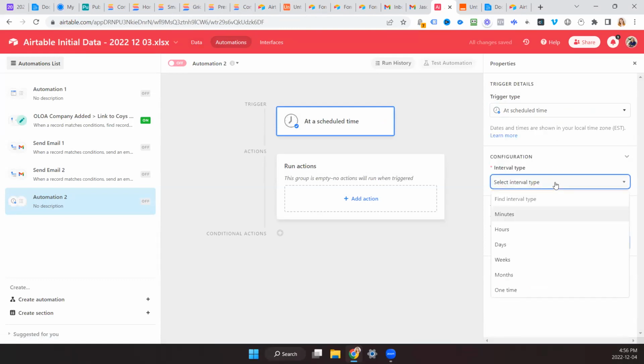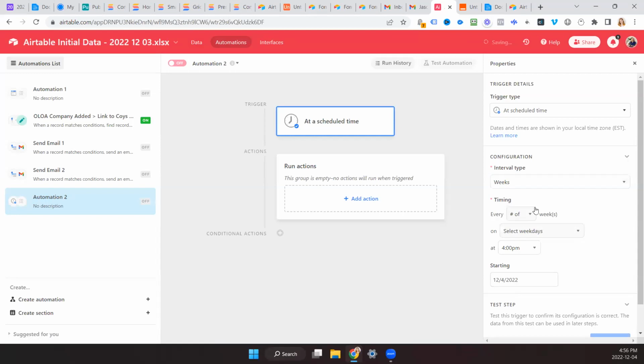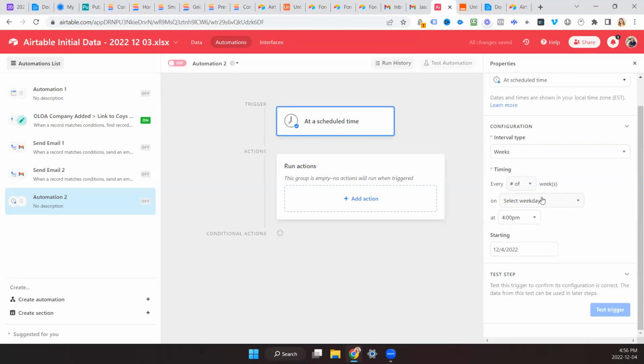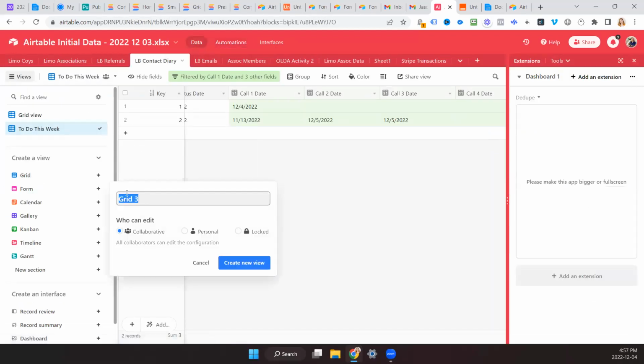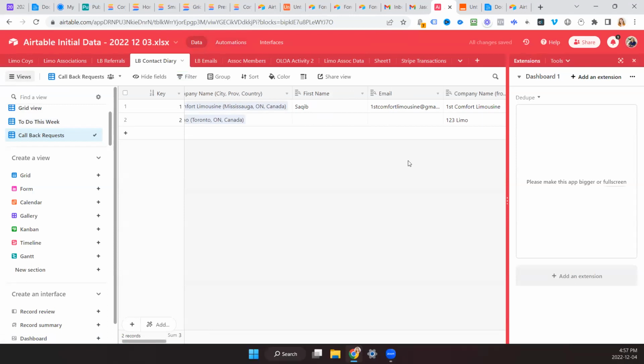Select interval type, daily, weekly, whatever is not going to drive you insane. How many times do you want a note to self? Well, it'd be specific, based on like someone said to call them back on this day at this time. Okay. So it's not a recurring one. It'd just be, like we put into here a callback date and time. So when that date and time comes, I need a reminder.